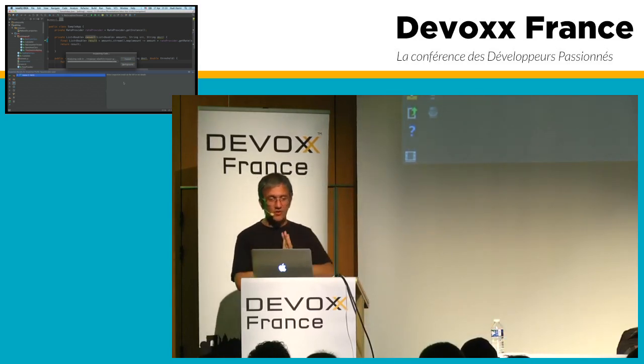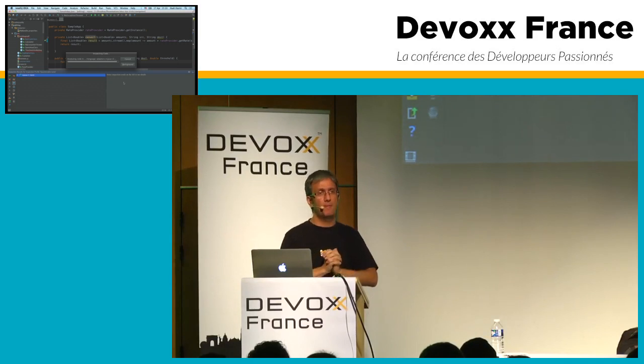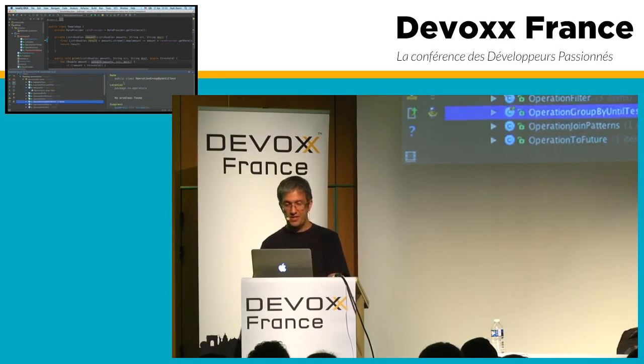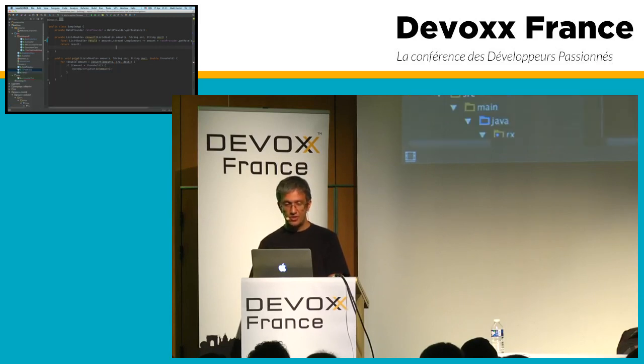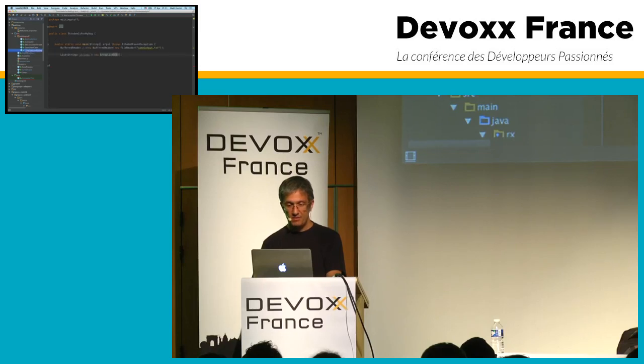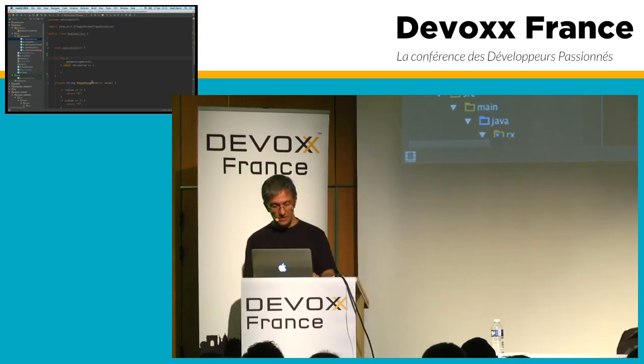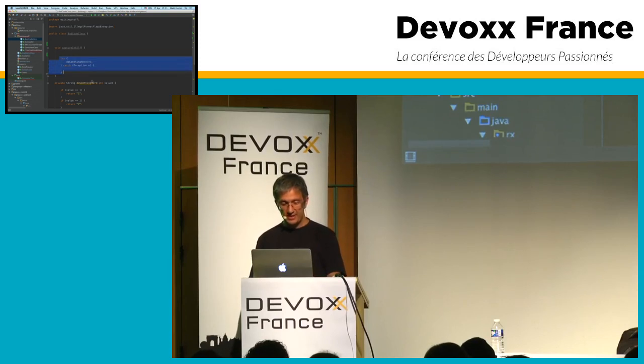Now, how many of you have heard of structural search and replace? That's a very, very powerful feature. So you see, here I have the naming conventions, and it says these are some bad examples of naming. So structural search and replace allows me to do this: for example, this is a very bad practice because all it's doing is pretty much eating the exception. And what I can do is select this, and then